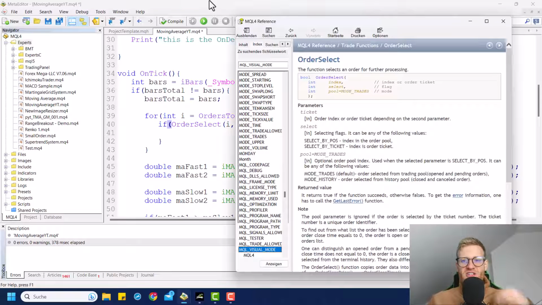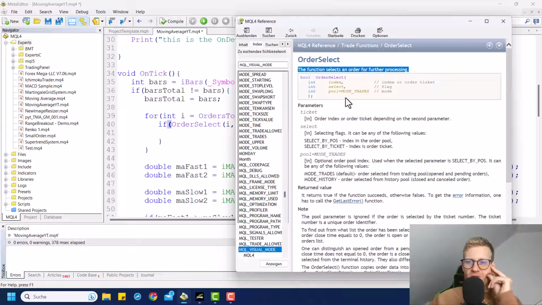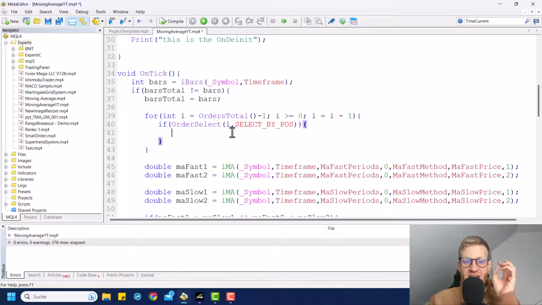Okay, so what this function does is it will select an order for further processing. So if we find a position at index i, and I will explain this in a second, we select this order. And once we selected an order, we can use the order